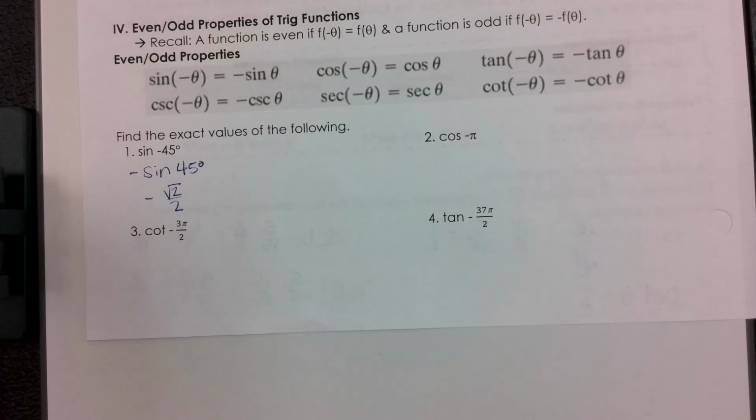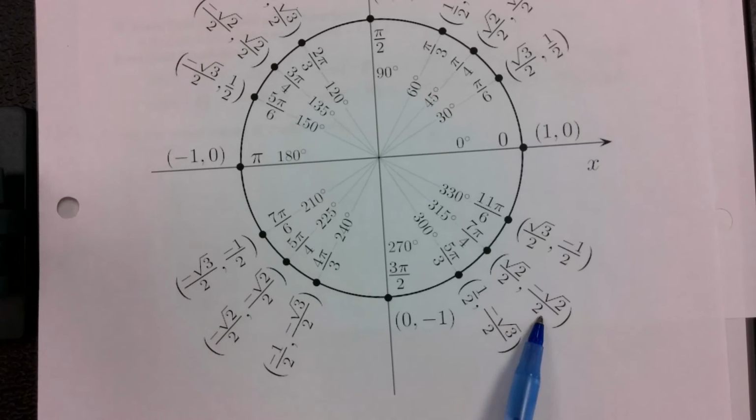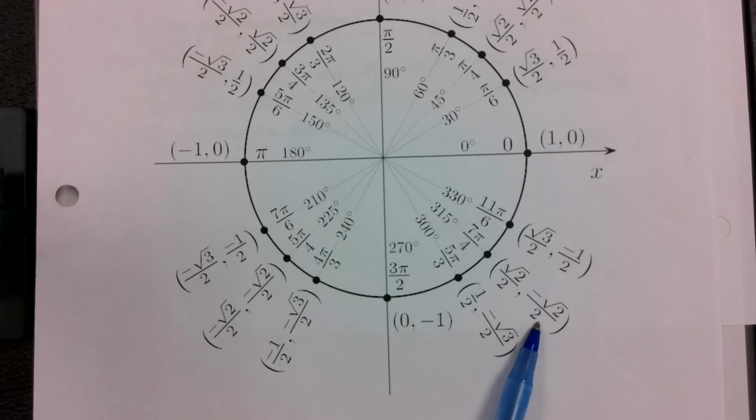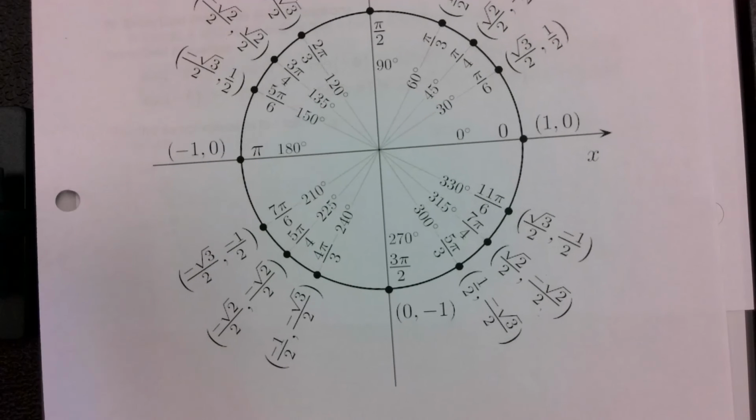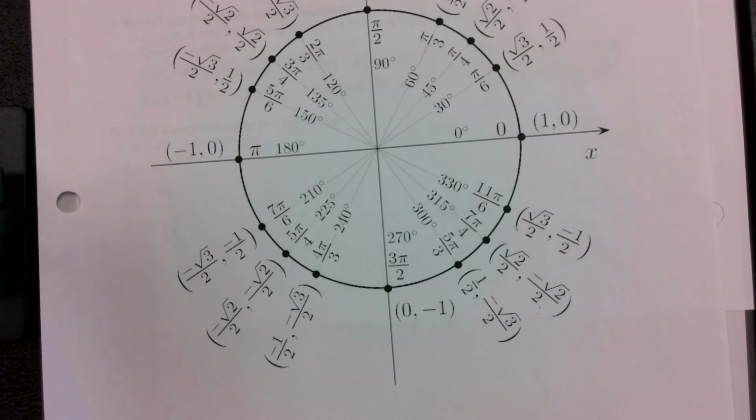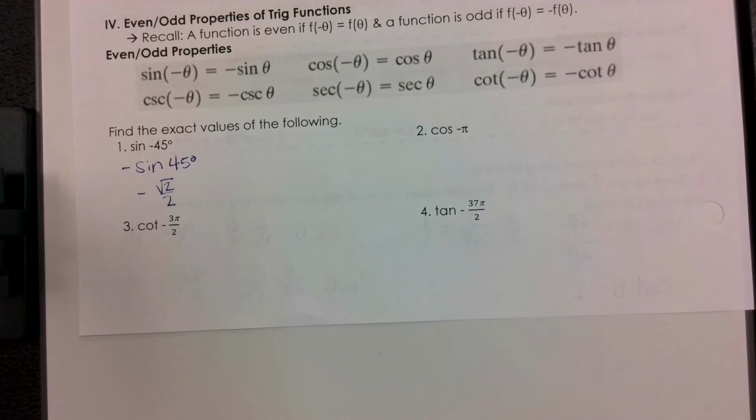And like before today, when we had something like that, we would just go backwards around the unit circle, correct? So you would just go down 45 degrees instead of up, and you still end up with negative square root 2 over 2 there. Is that okay? So either way is going to get you to the same place. Do we have questions on that? All right, so for the next one, we're talking about cosine of negative